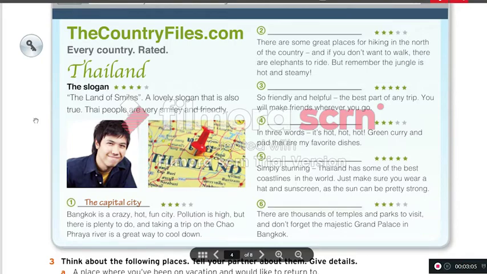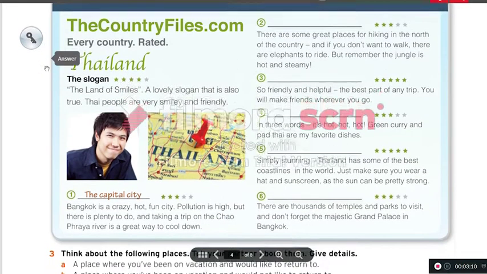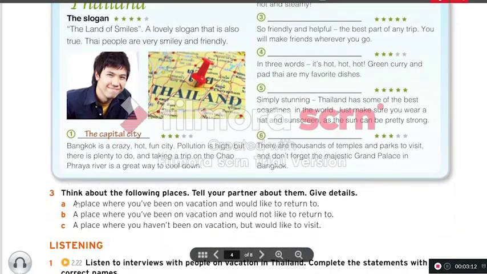Very good. Now, continuing with the exercise number 3, it says, think about the following places. Tell your partner about them, give details. So what you're gonna do is that you're gonna call your classmates and you're gonna tell them a place where you've been on vacations and would like to return to. For example, if you have gone to Mexico City or to Guanajuato, tell them about your vacation and why you